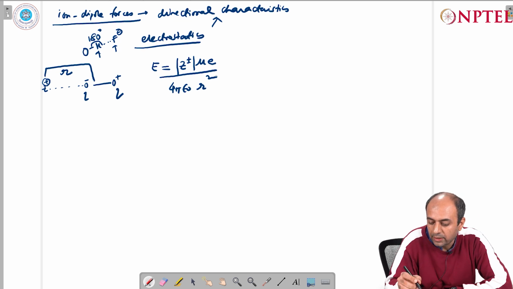So here you can see that the energy of the ion dipole interaction is proportional to